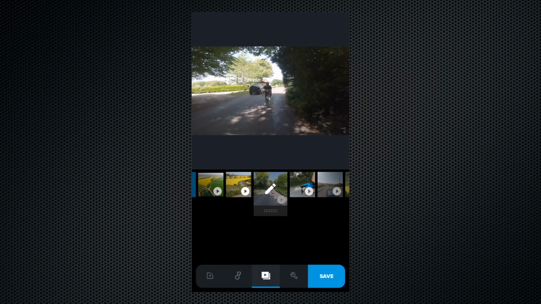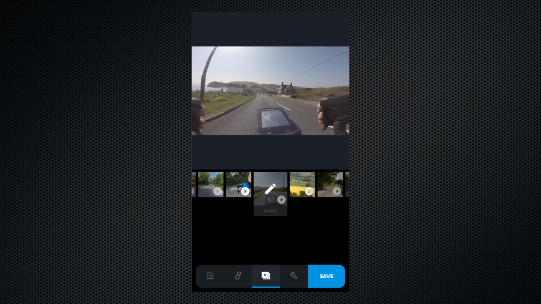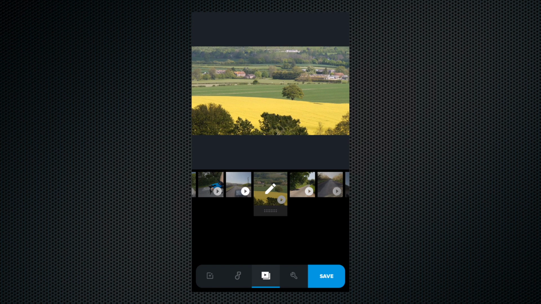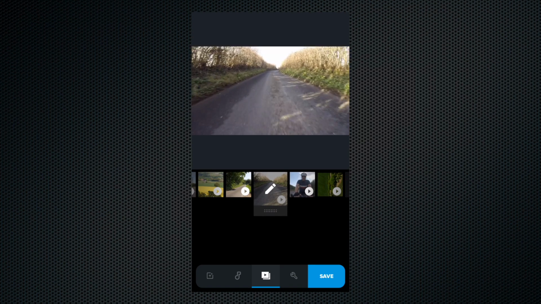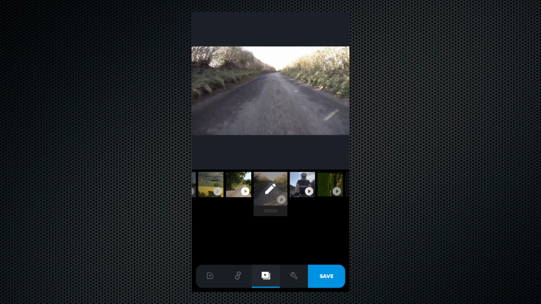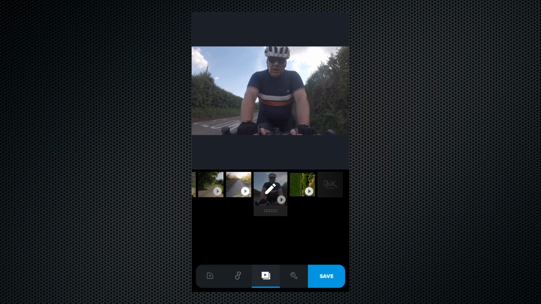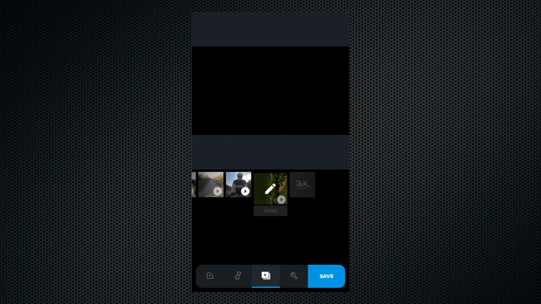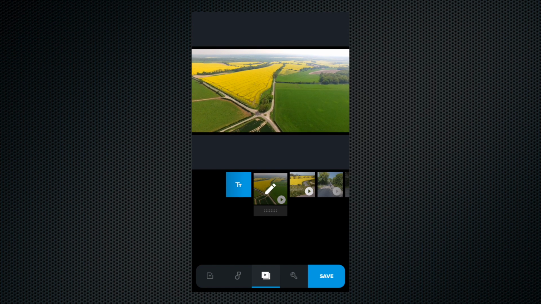Okay, we're doing that. We've changed to the gear shift, the point of view shot, and then back to the countryside, me riding along there, point of view shot on the road, slow-mo shot, okay, and then we've got the drone shot. Okay, and as you can see, it's just scrolling through that just to make sure that we're happy with the